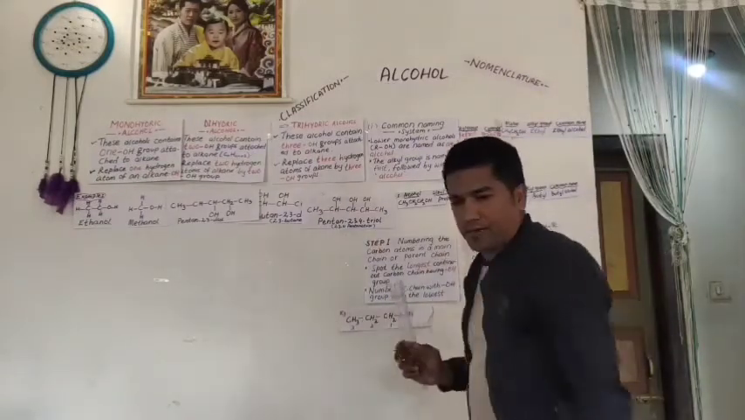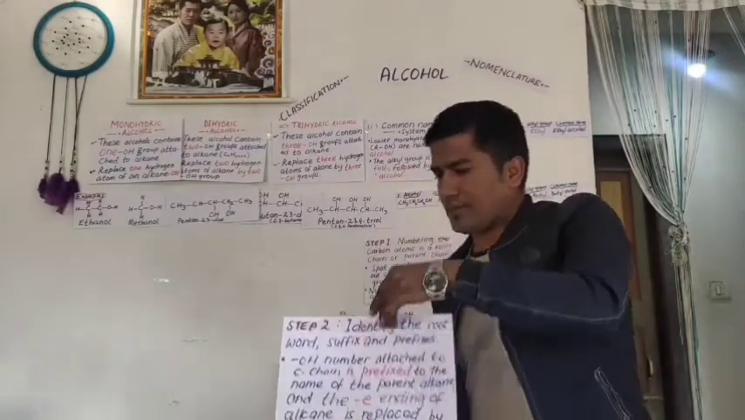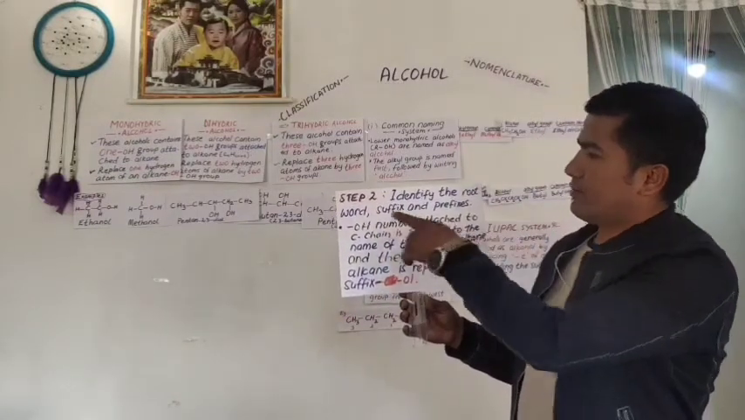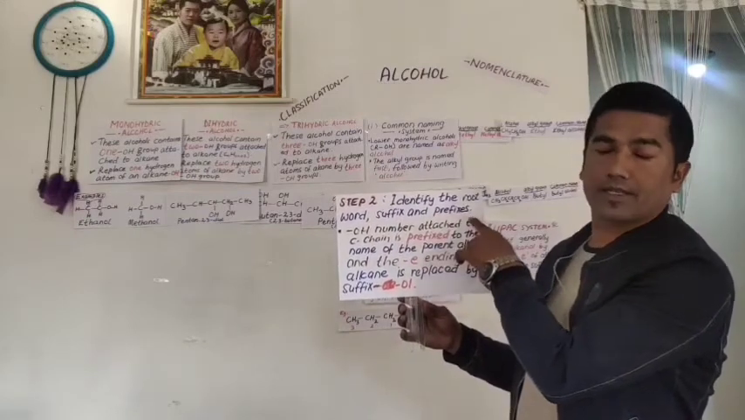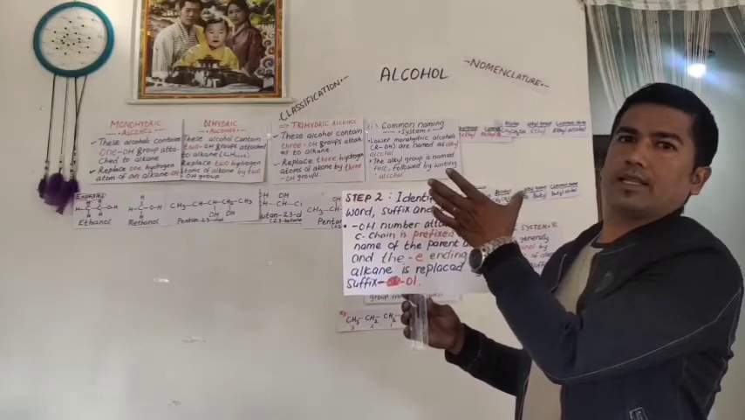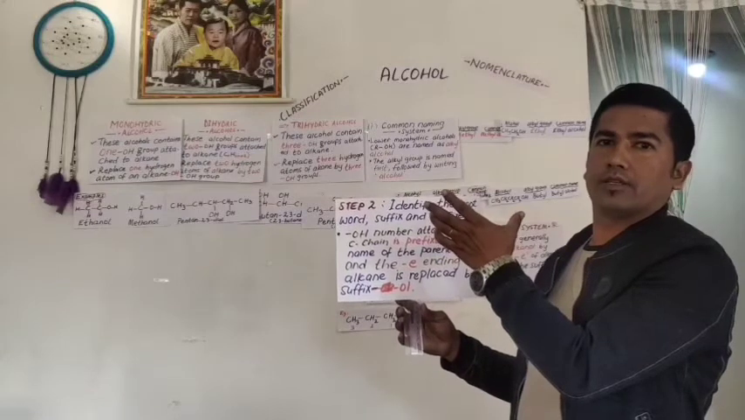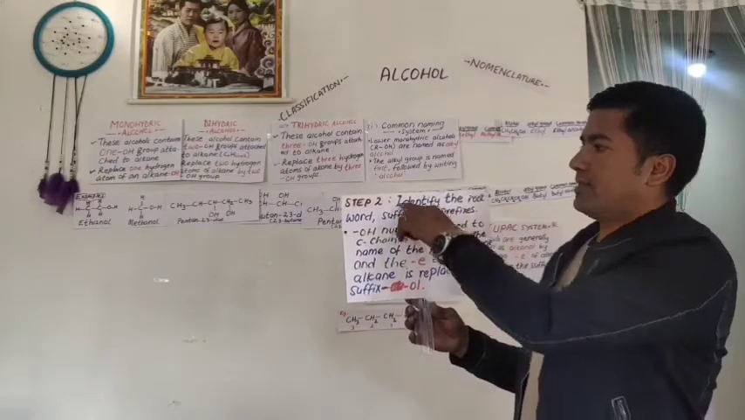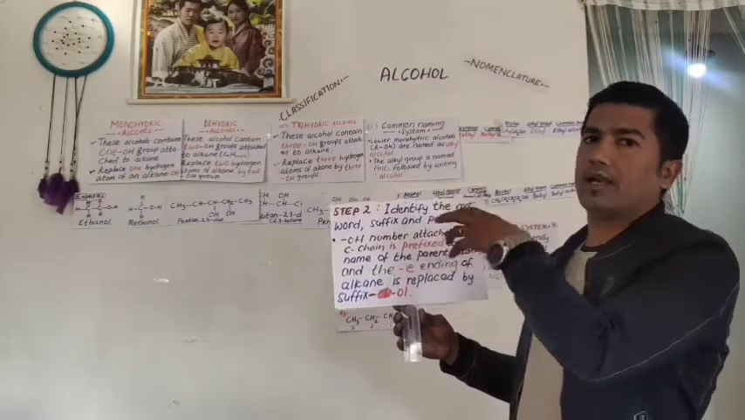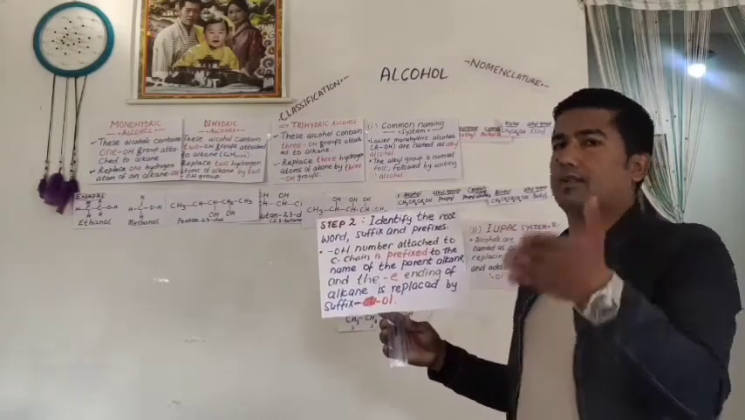Okay, step 1. Now step 2, the second step: identify the root word, suffix and prefixes. Root words are like pentane, hexane, methane, ethane: eth, meth, prop, but. So these are the root words, and suffixes are usually after. Prefixes are before. The first numbers are prefixes, then